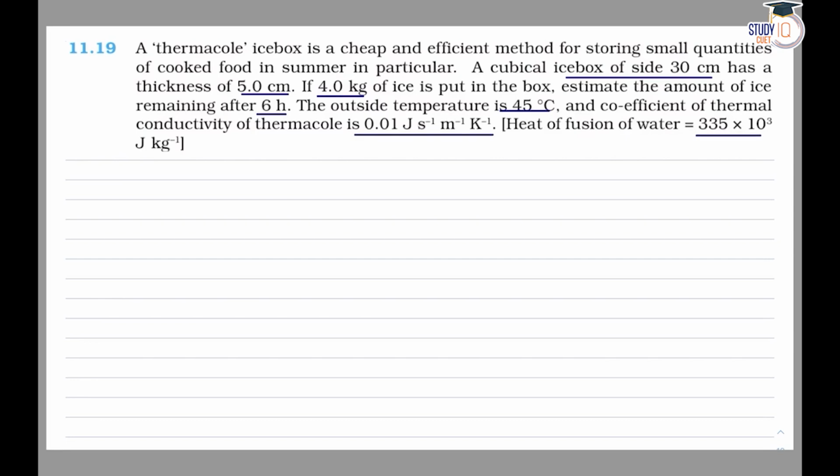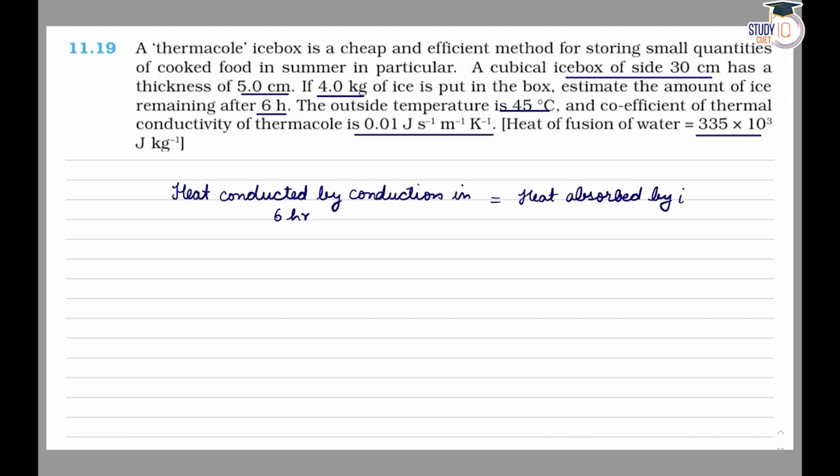Now you see, I can say that the amount of heat conducted by conduction in 6 hours should be equal to the amount of heat absorbed